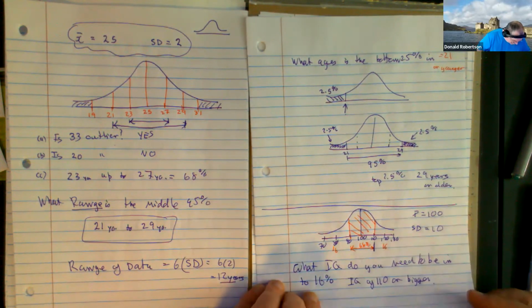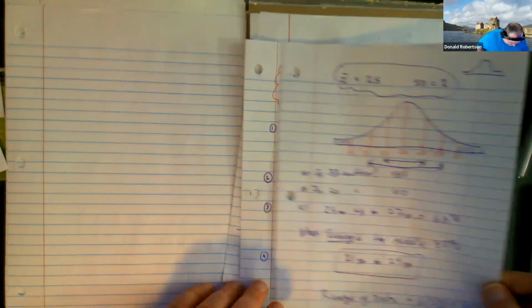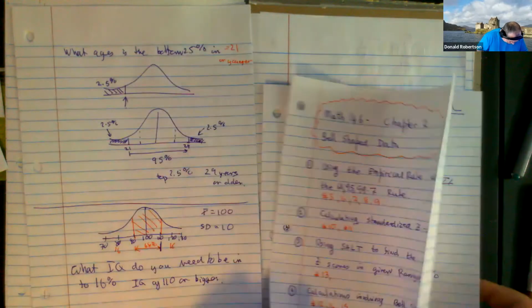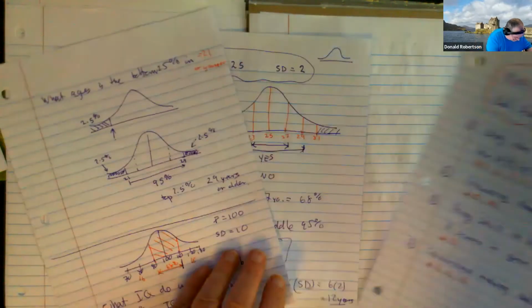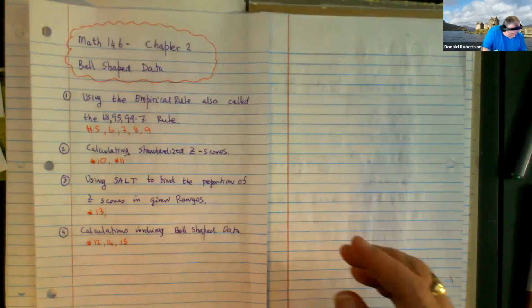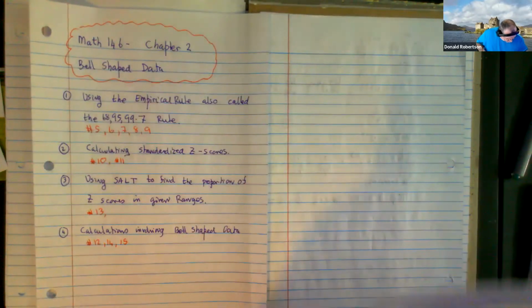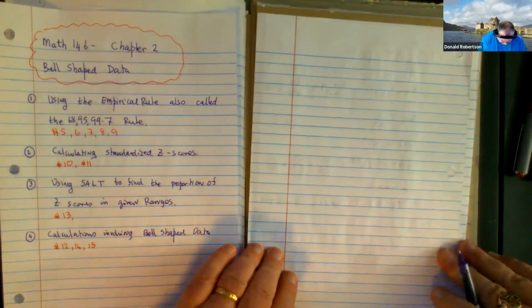Right. Let's move on to our next piece of the puzzle. Got my little list so I can make sure I don't miss anything. We are going to be calculating what are called standardized Z-scores. So let me give you a kind of background of why we need these. So I want you to imagine that